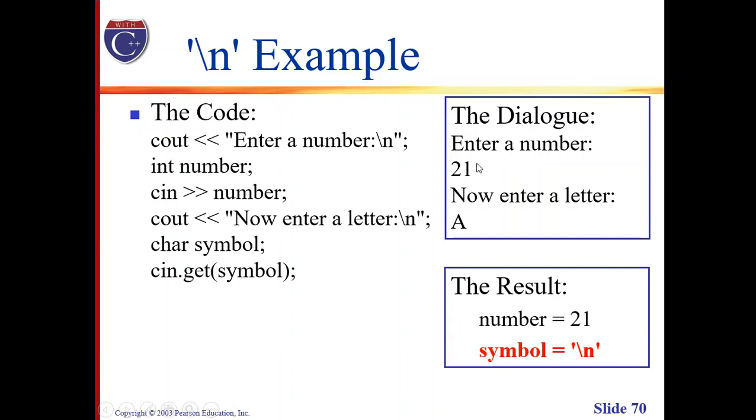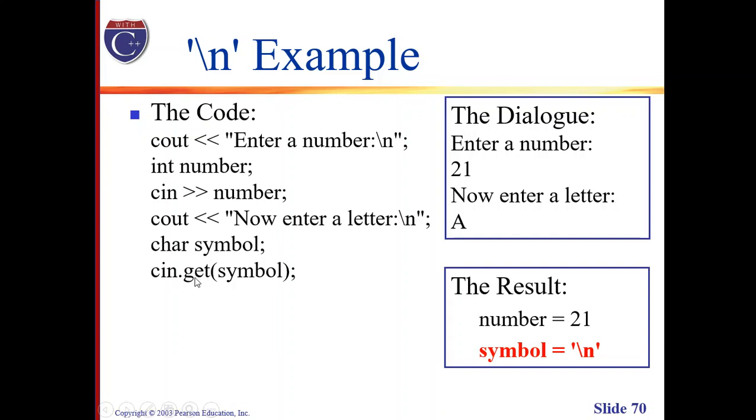For example, the user entered 21 and then the user entered another, which is the letter A. But if we will take a look at the contents of our variable, this is actually what happened. For the first input, the number 21 was successfully derived from the user input. However, after the user pressed enter after the input of 21, the new line character is still in our input stream. And if we are going to use cin.get, of course, it will